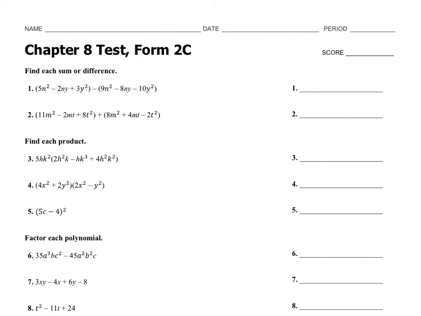Alright, what we got here on the first one, we go 5n squared minus 9n squared, we should end up with negative 4n squared, and then plus 6ny and plus 13y squared. On the next one, we should end up with 19m squared, excuse me, that's a 19m squared